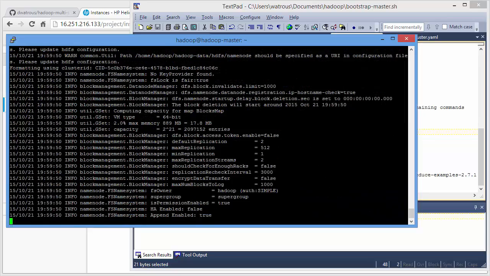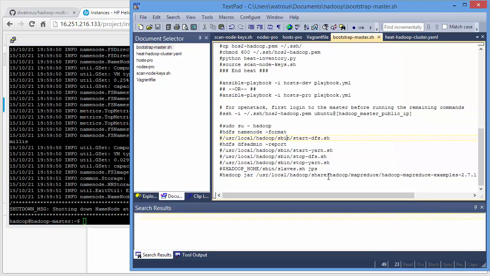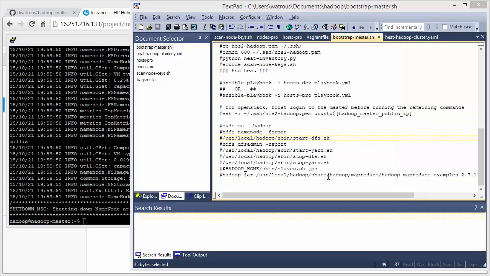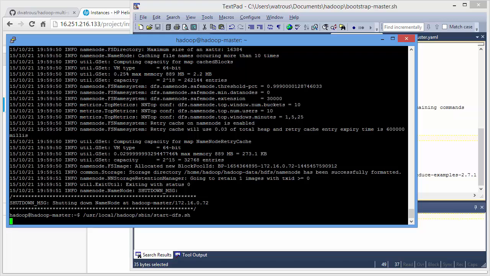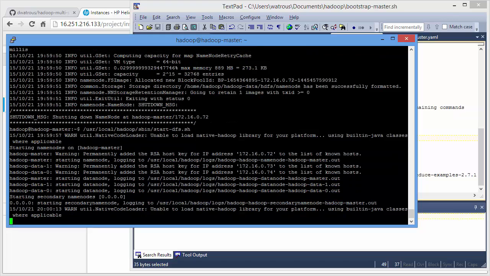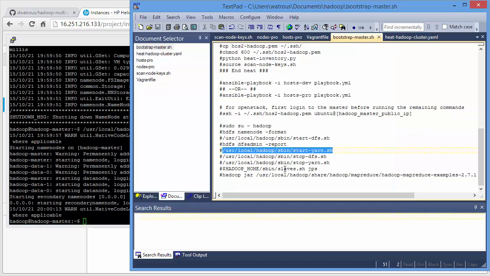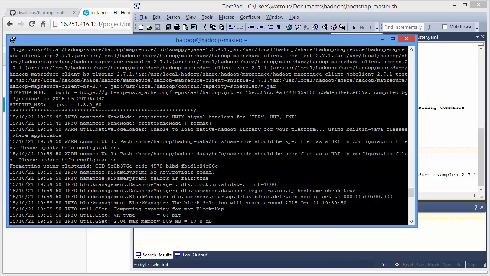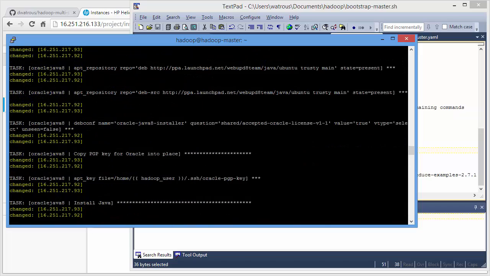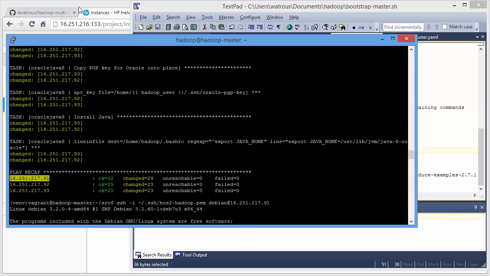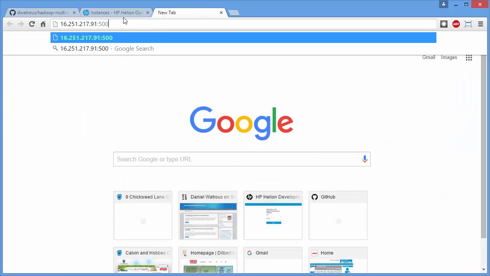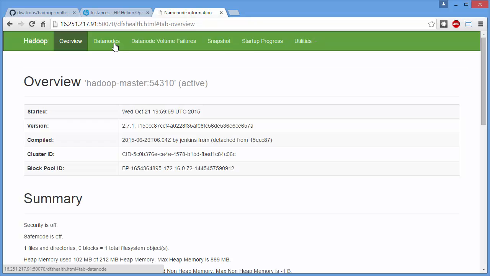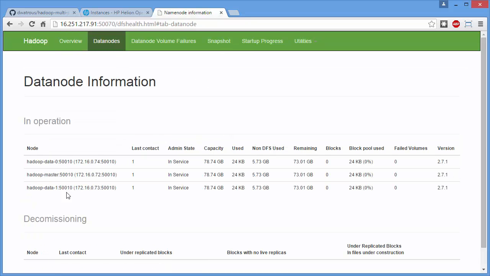format the name node, we want to start DFS, and then start yarn, at which point we'll scroll back up a little bit and grab this IP address. We should be ready to see the data nodes, and sure enough we have 3, the master, data 1, and data 0,